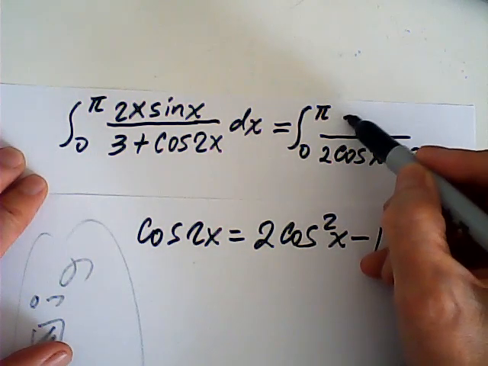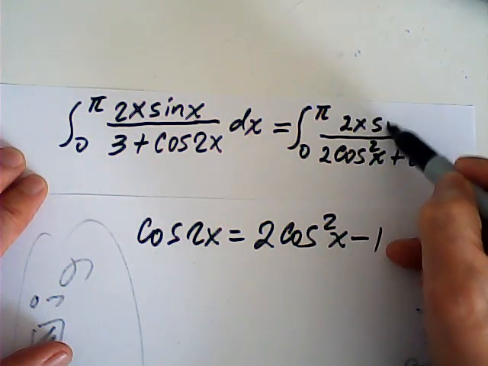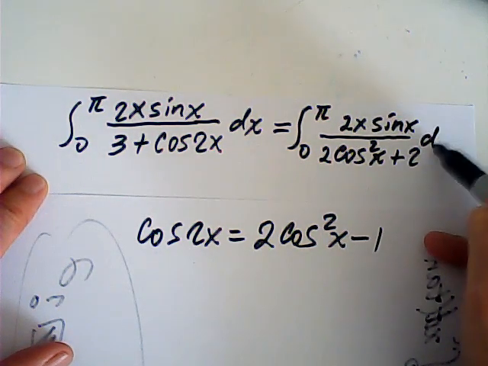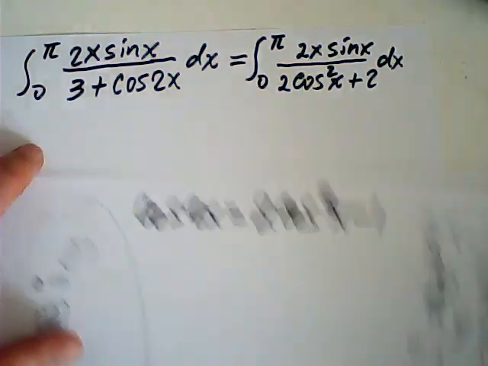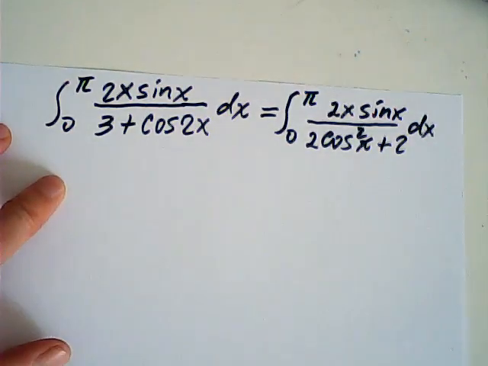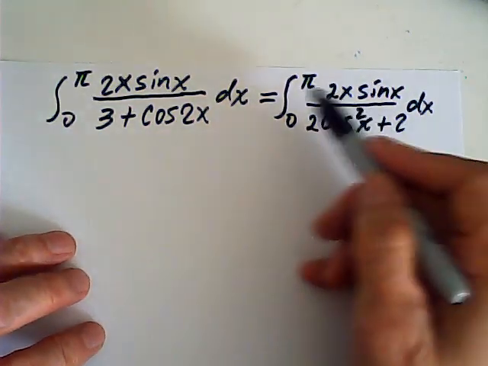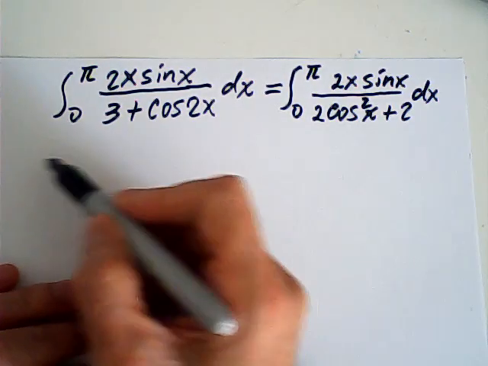And on top will be 2x sine x dx. Okay, now here we have a 2, 2, 2, so it could be cancelled out. So it is equal to